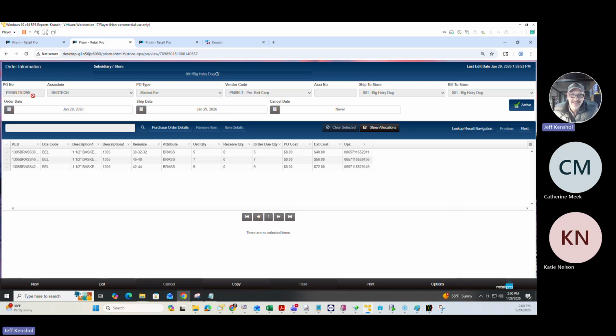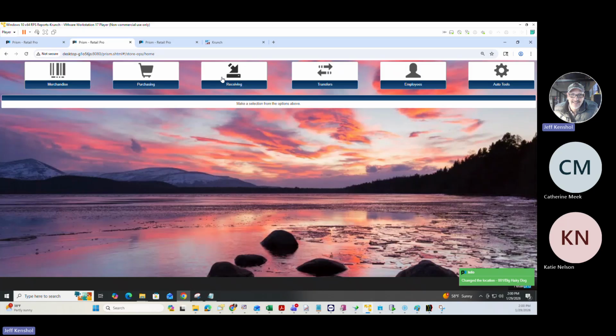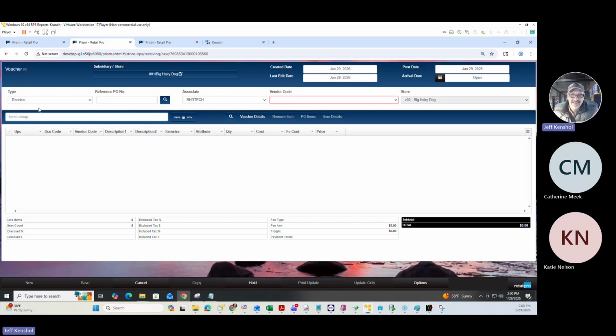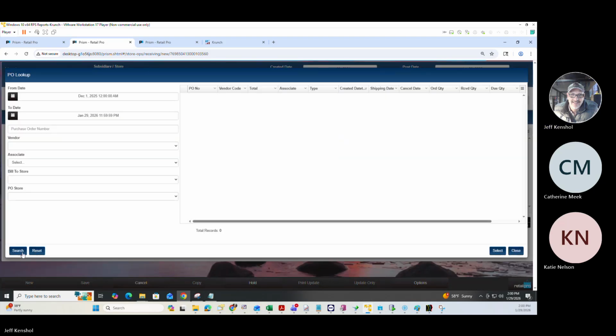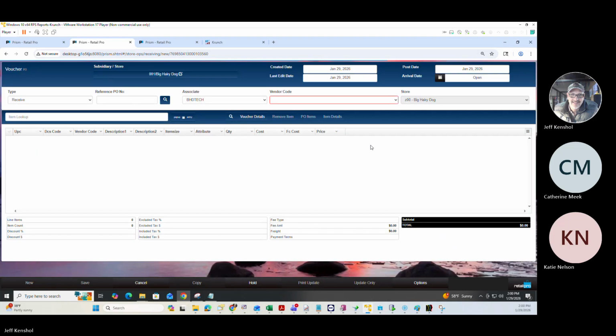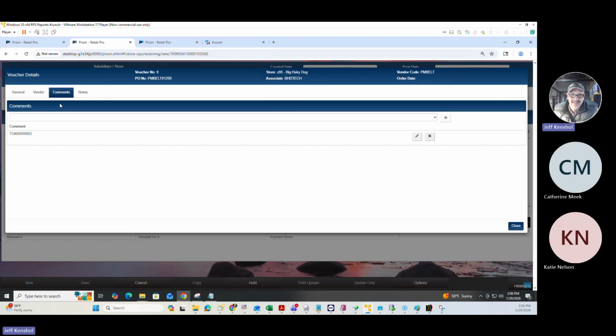And then what we'll do is we'll take this PO and start the receiving process really briefly so you can see how that whole relationship works, right? So if we're here on a new receiving voucher and we reference that PO, right, that one there, and select. Now, if I go to voucher details comments, you see that it's already put the TO number into the comment